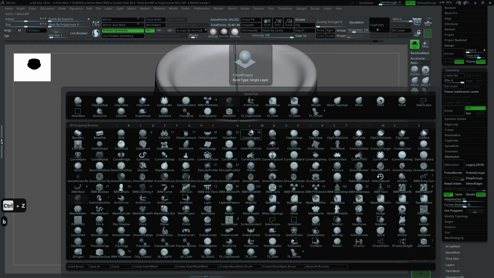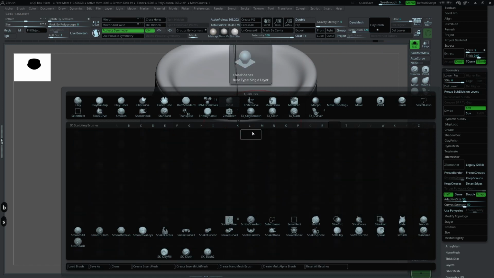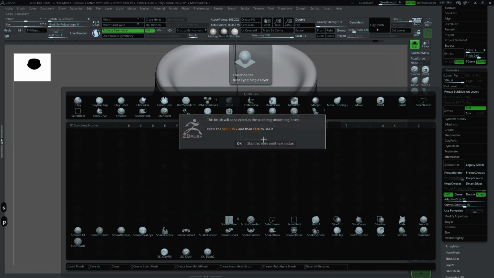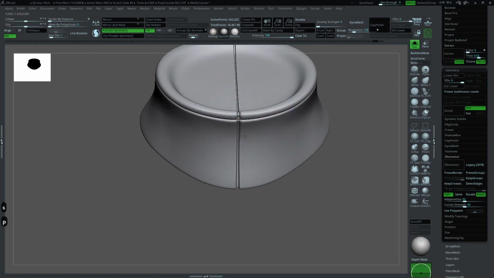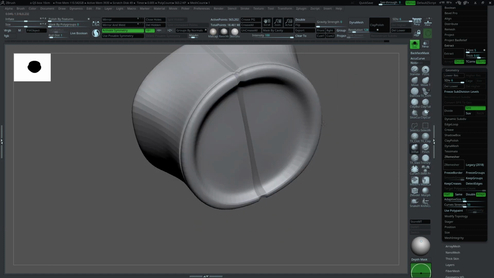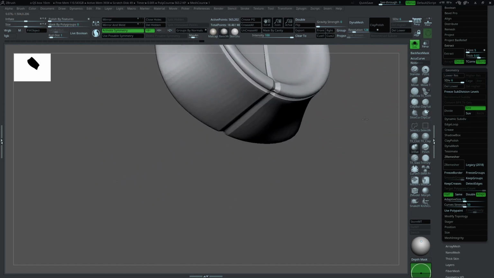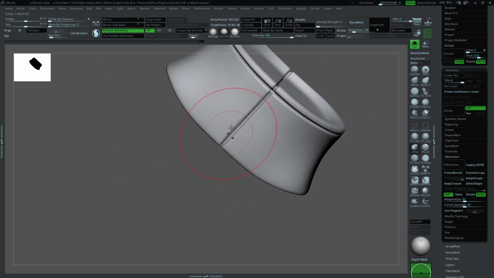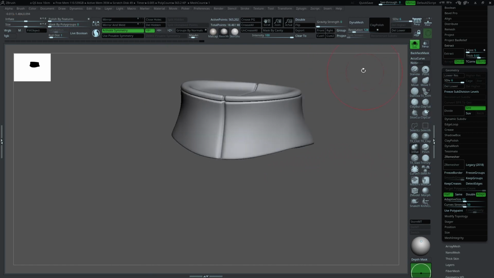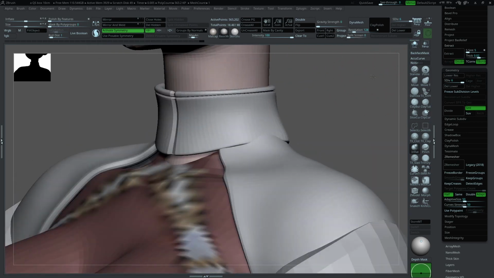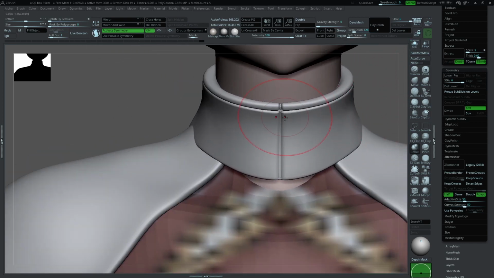We can use the smooth peak, so BSP, and skip this, and now it's only smoothing the top part, the peak part of the model. I'm not sure if we need to smooth this back as well, but I think it's not that feasible. So once we have this here, we can pinch,